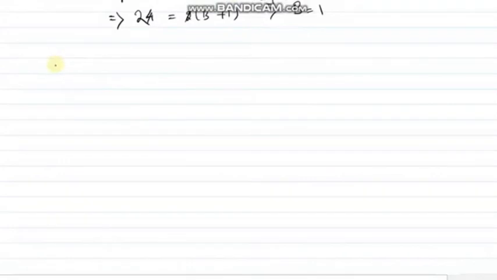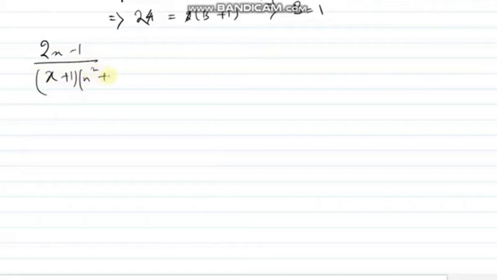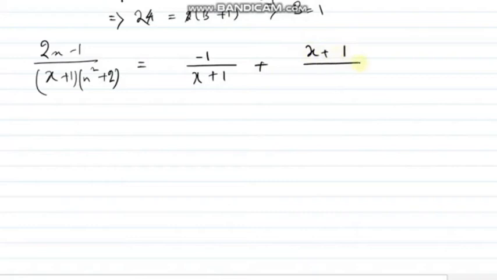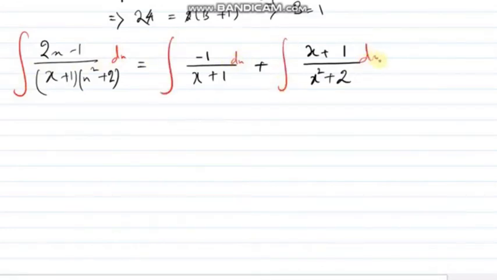So the whole expression (2x minus 1) divided by (x plus 1)(x square plus 2), I can write as A, which was my minus 1, divided by (x plus 1), plus (Bx plus C), where B is 1 and C is 1. Don't worry, many times the value won't be so good. So now if I integrate, the integration of the first term till now you know, it is minus of this. What will happen for the second? I am showing you the general method.